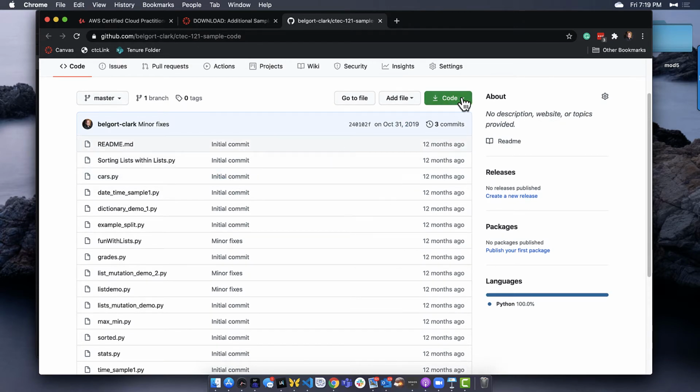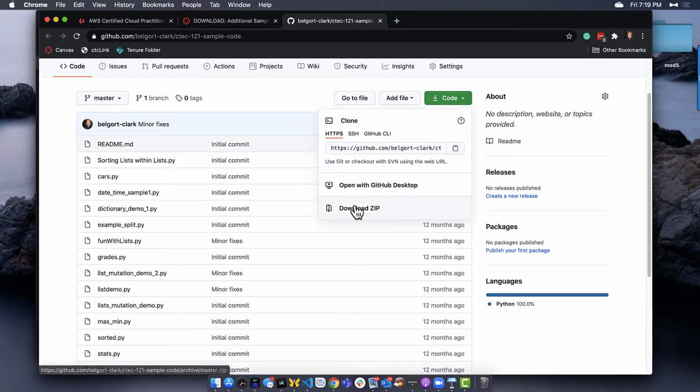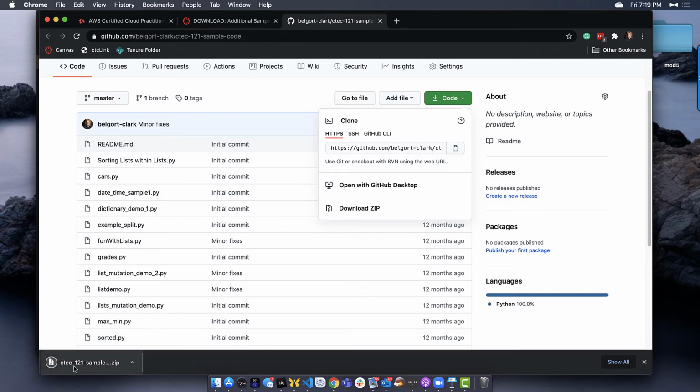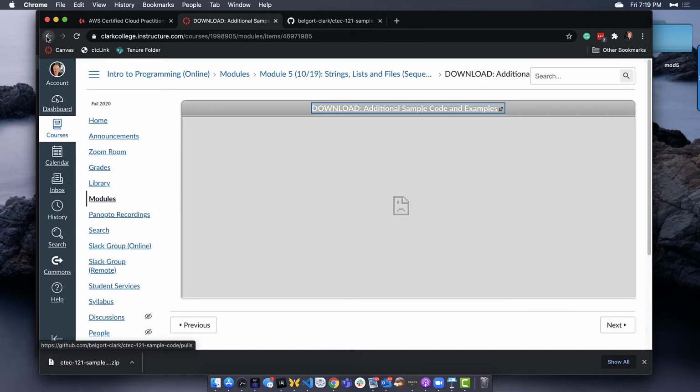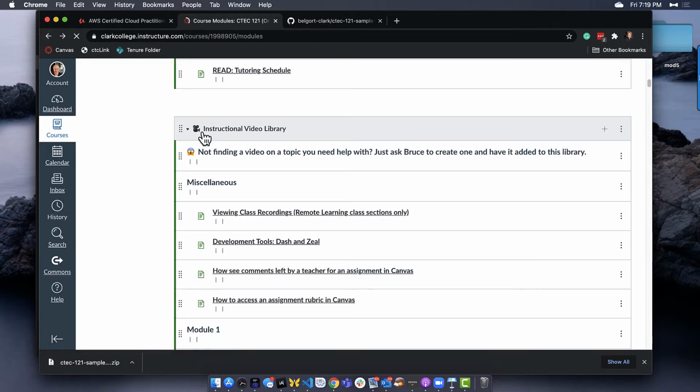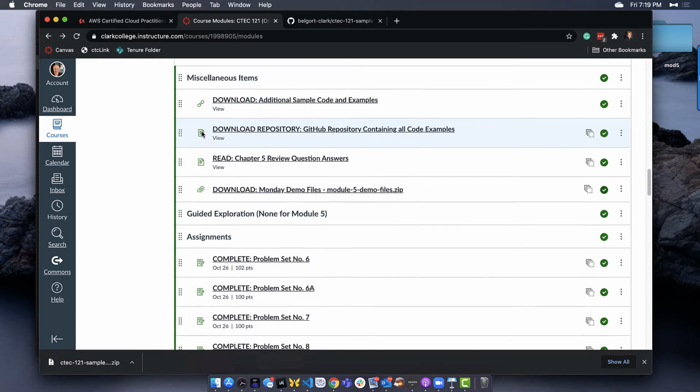And then you can click on code and download the zip file. You don't need to clone this because this is my repository and you have no rights to it. So you don't need to clone it. You just want to download the zip file. And when you do that, it downloads the zip file, which you can then extract and open up in VS Code, right? So going back here, just to show you this, going back to module 5,